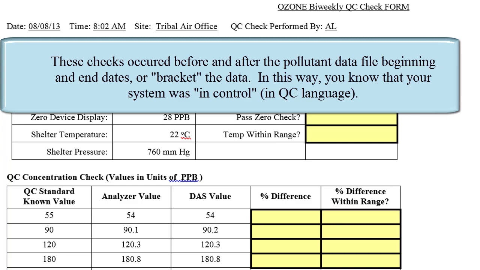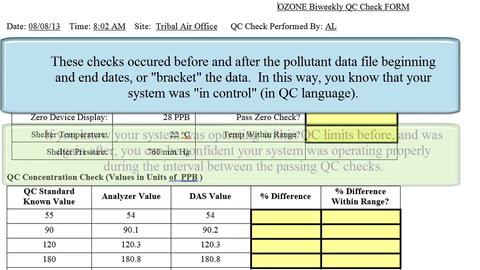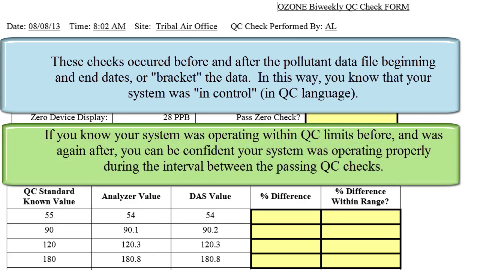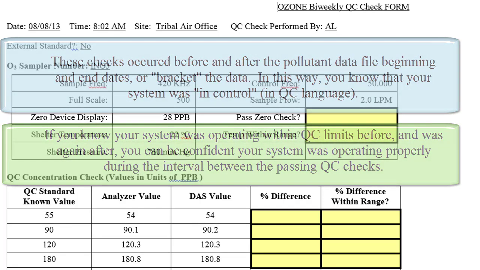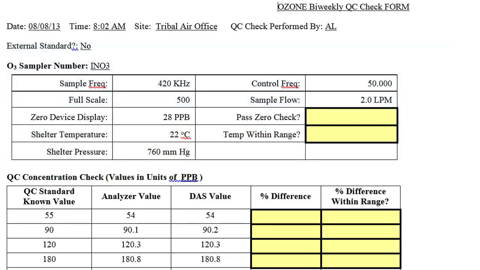So when you go to download your sample data, you always want to do a QC check at the same time so that you will have those QC checks at the start of your range and at the end of your range. So I'm going to type these values that I collected out in the field into my Toolbox QC